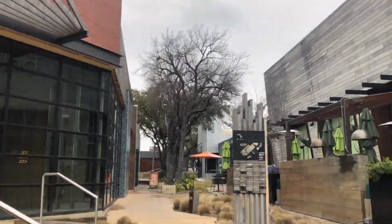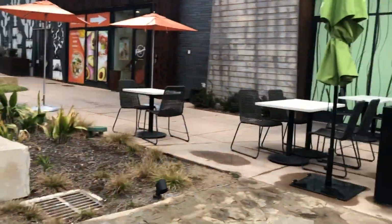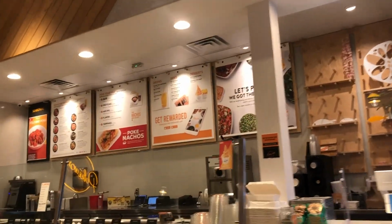And I've had poke bowls before. The best one I ever had was in Argentina and in Buenos Aires. And it was the best thing I ever had. I had it like 52 times. But obviously I can't get that. So I've been trying to get that flavor in a lot of different places in America, and I still haven't. So I'm a little iffy on poke bowls, but today I thought I would try a poke